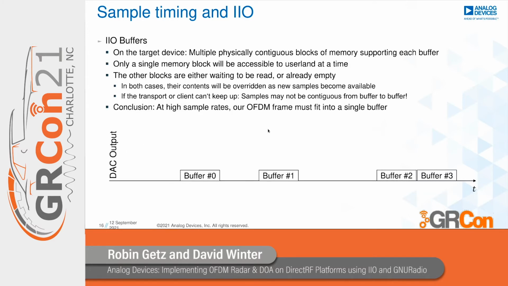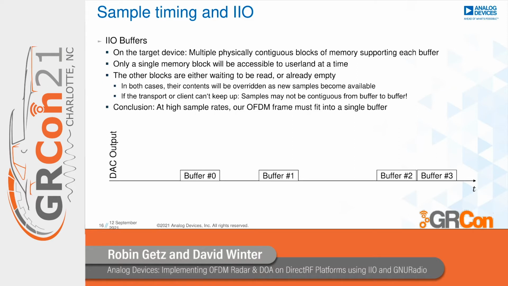Now, because we only run our link between laptop and device at 1 gigabit per second, obviously we can't saturate the required 32 gigabit per second of data. So what we end up with is multiple buffers, which are in themselves continuous. So there can't be a gap between 2 samples inside of one buffer. And those buffers are always of the same size. You can control the buffer size attribute